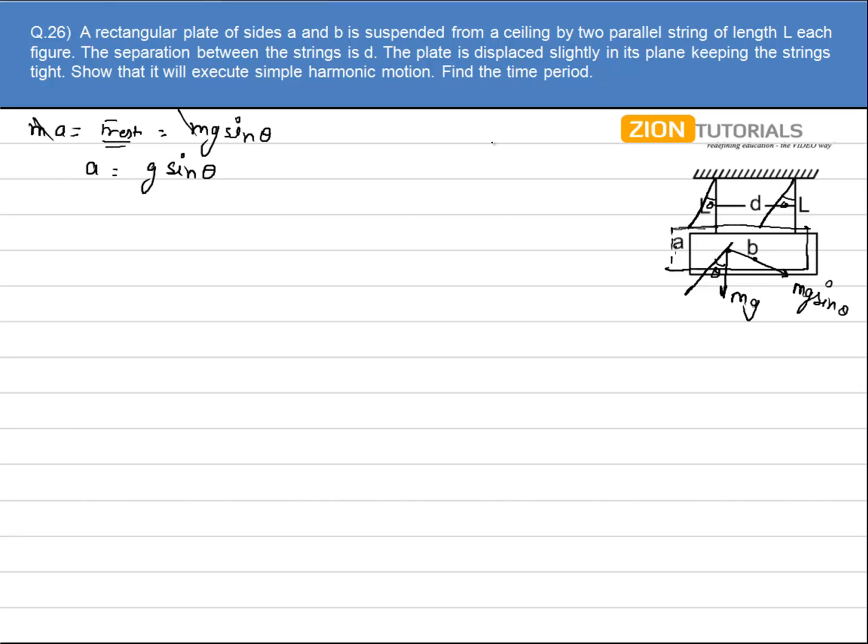Now since it is given that the plate is displaced slightly in its plane, keeping the strings tight, if the strings are tight in all the situations, then the angle theta is very small. So sine theta will be almost equal to theta. So g sine theta can be replaced by g theta, that is equal to acceleration, and the value of theta will be equal to,